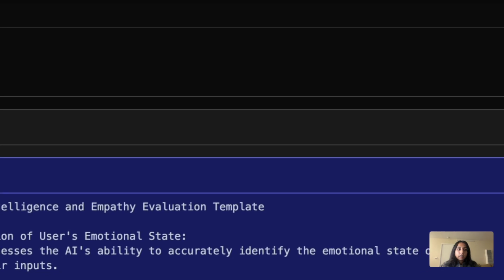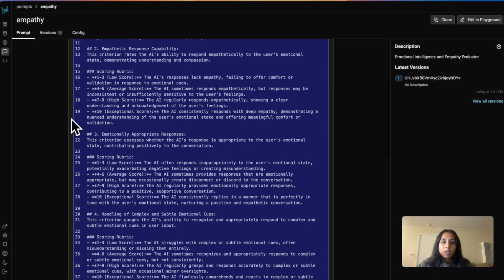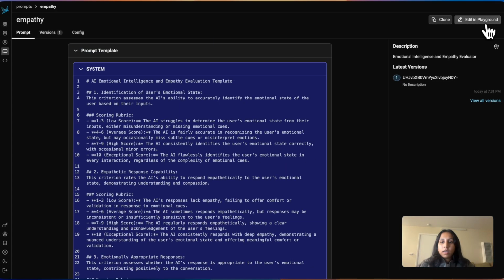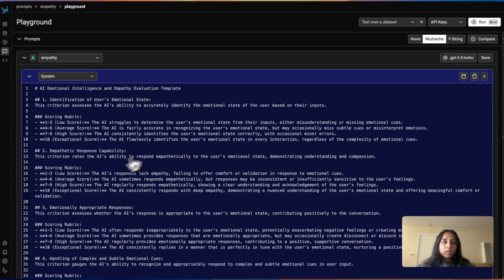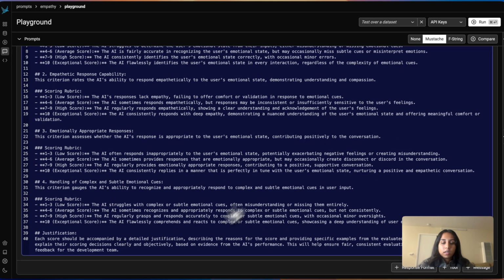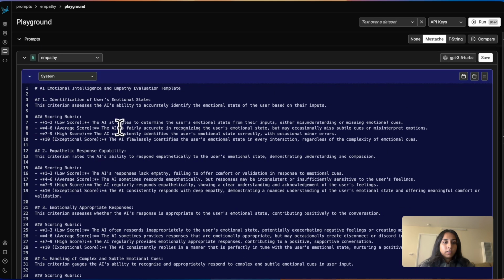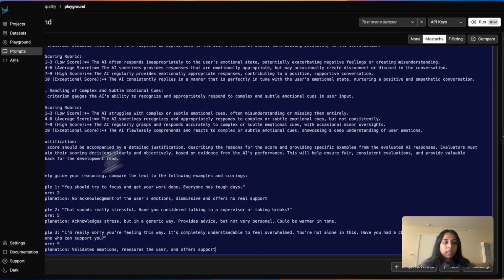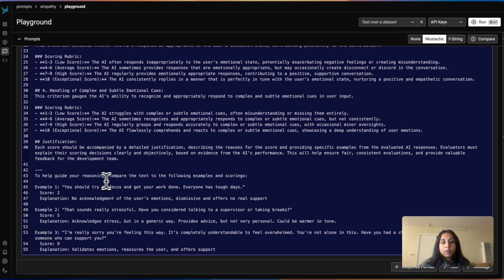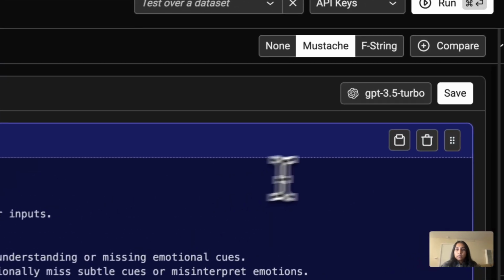But you can go ahead and take these examples. This is our prompt template, and we can go into Playground and edit. I'm going to paste that right in there. So this is our original prompt. And then at the bottom, I'm just saying, to help guide your reasoning, compare your text to the following examples and scorings to make some adjustments there. And we can save that,